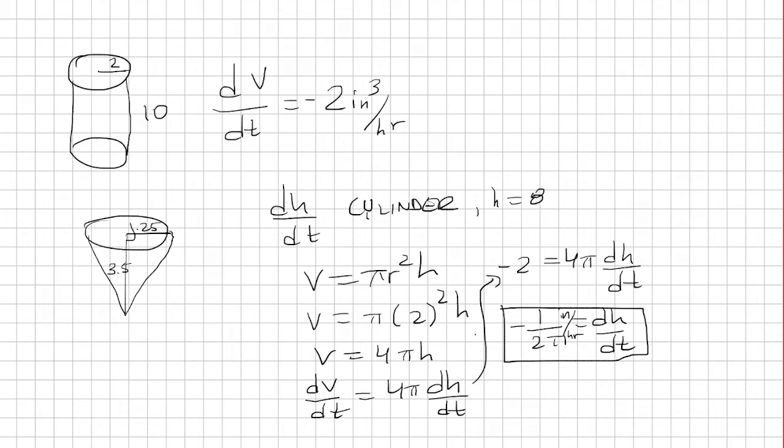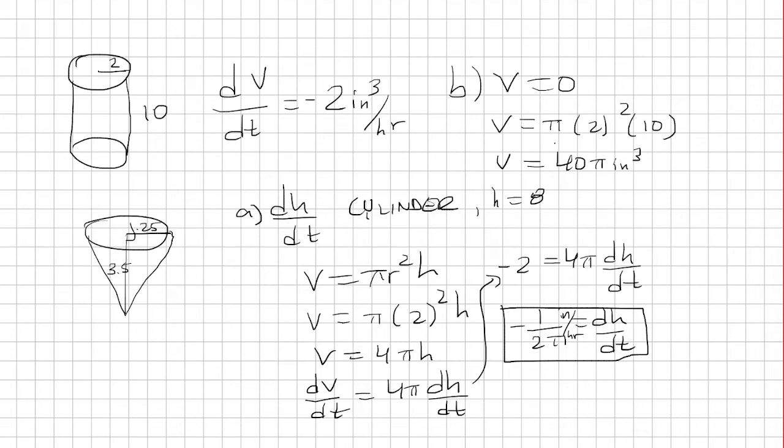So that's part A. Part B says, at what time will the cylindrical syrup container be empty? Well, for that, you want the volume to be 0. So if the volume is decreasing by 2 inches cubed per hour, how long is it going to take for the cylinder to be completely empty? Well, what is the volume of the whole thing? Volume is pi r squared h. R is 2, h is 10. So this is going to be 40 pi